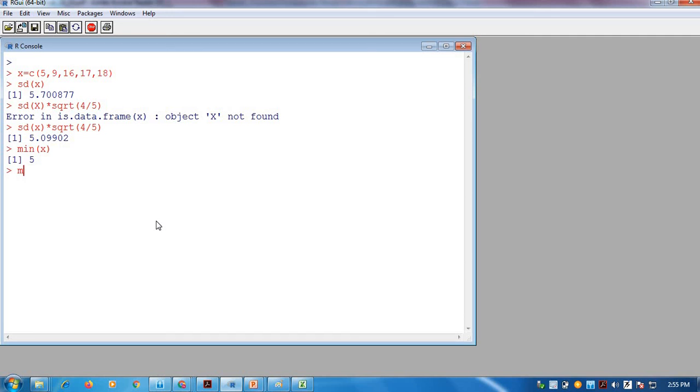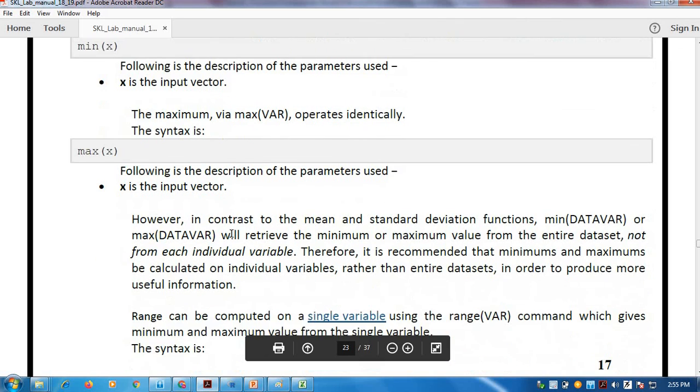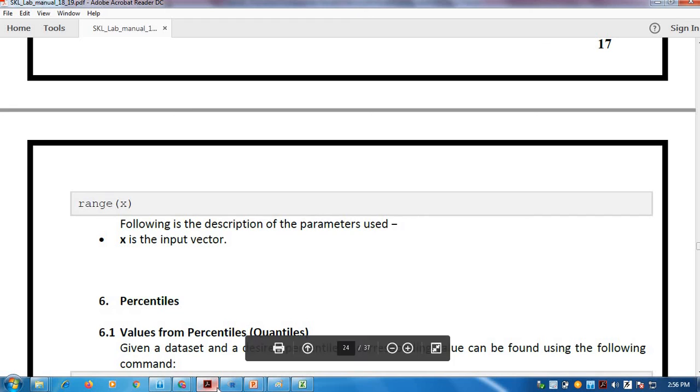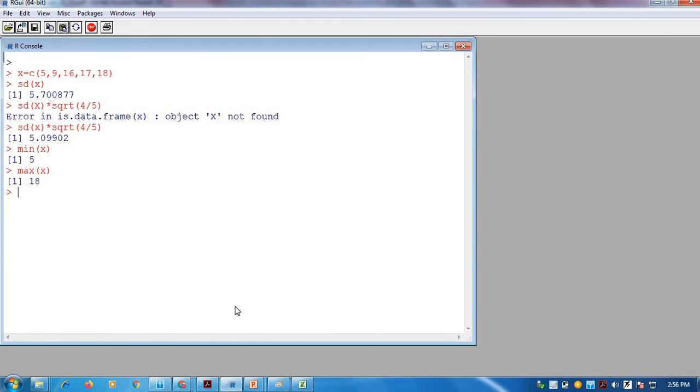The maximum value of the given data set is identified by using the maximum function, which is in this case 18. Another function is range(x). The range(x), as it specifies, if you are giving any data set and identifying